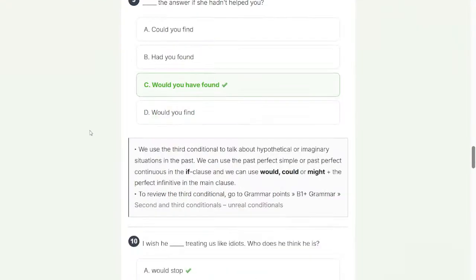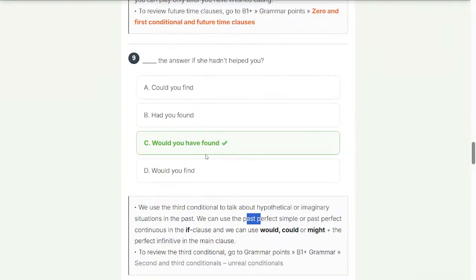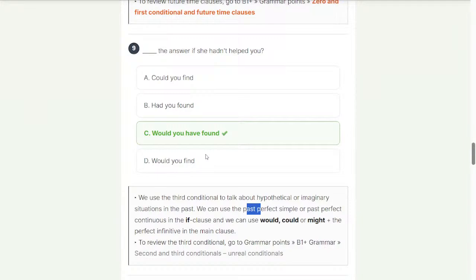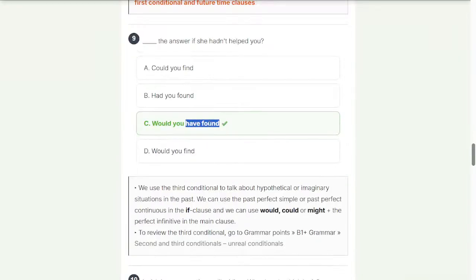We can use any past perfect, simple or continuous, in the if clause, and would, could, or might plus perfect infinitive, have found, like have plus past participle.